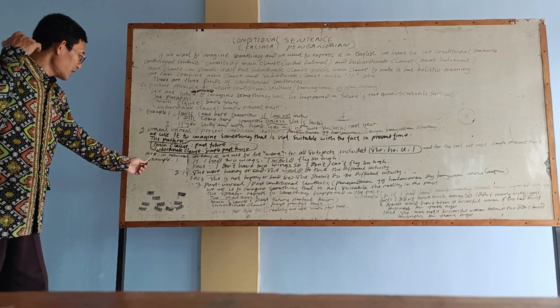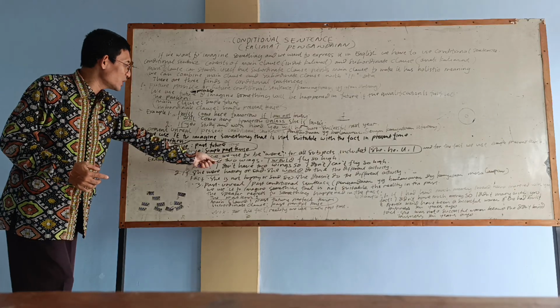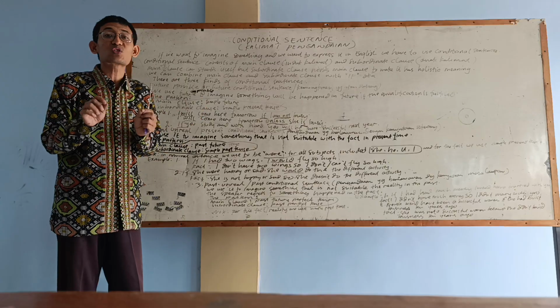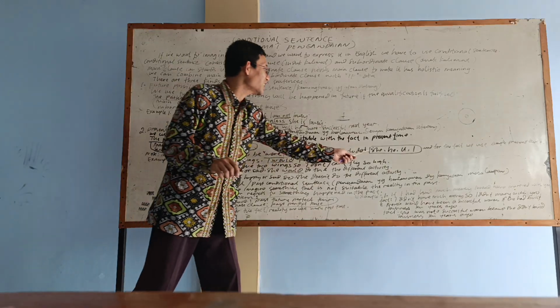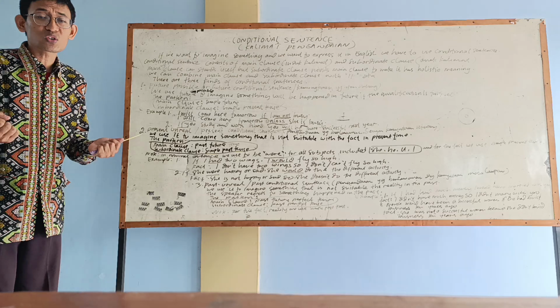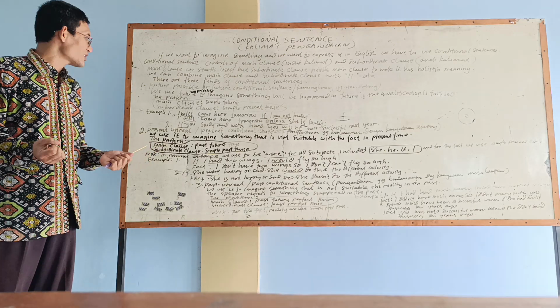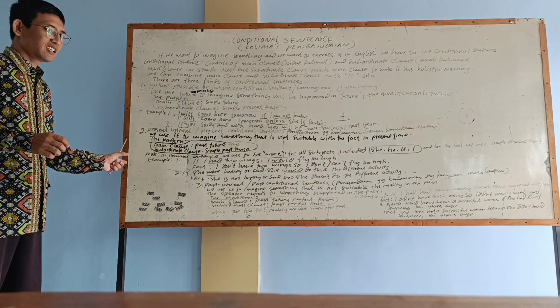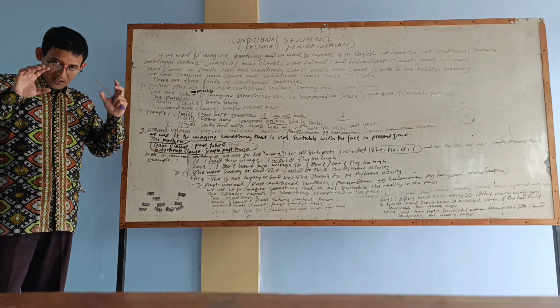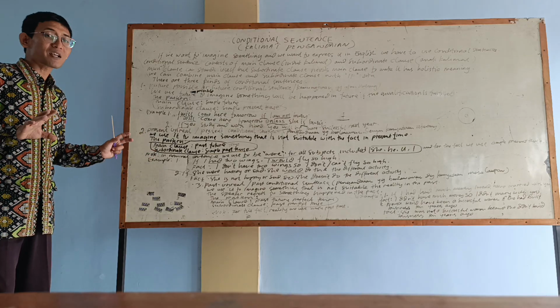And in nominal sentence, we use to be were for all subject. For all subject, we use to be were, including she, he, it, I. Why do we use to be were? We don't use to be was, because this is conditional sentence. This is not the real simple past tense. Do you understand about that? Simple past tense over